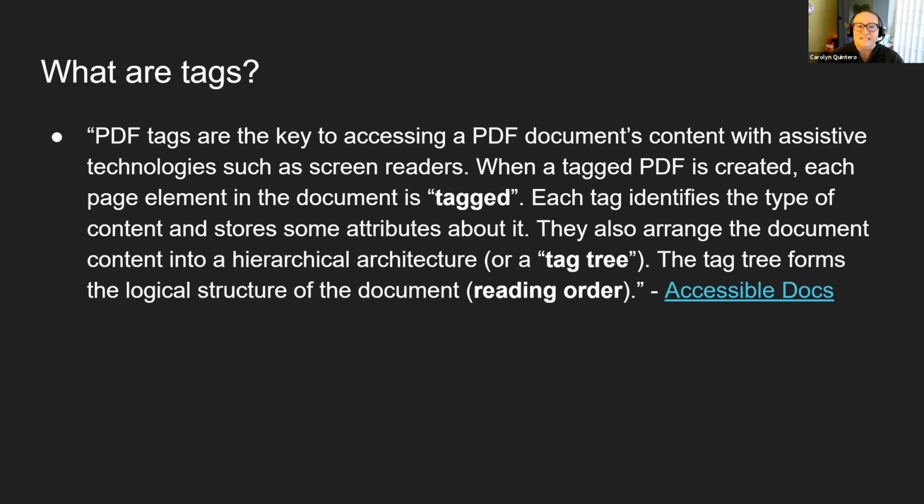So let's get started. What are tags? I really like this definition from the company Accessible Docs. PDF tags are the key to accessing a PDF document's content with assistive technology such as screen readers. When a tagged PDF is created, each page element in the document is tagged, and each tag identifies